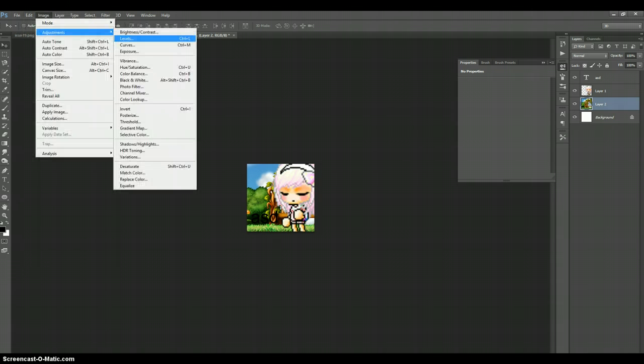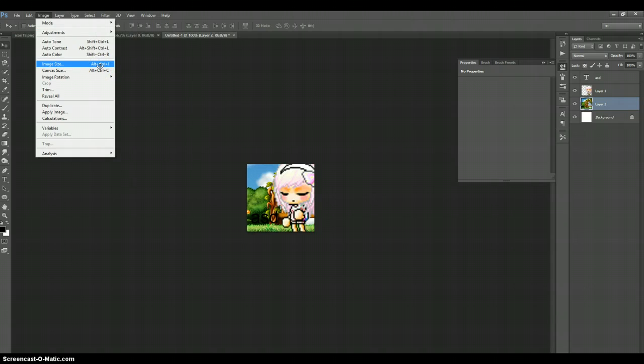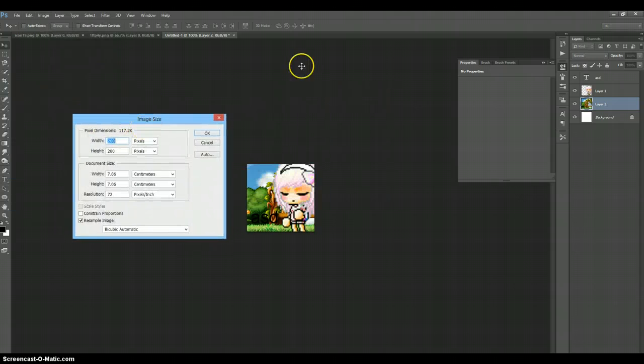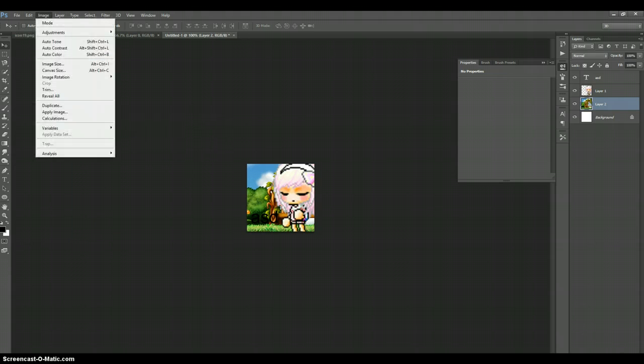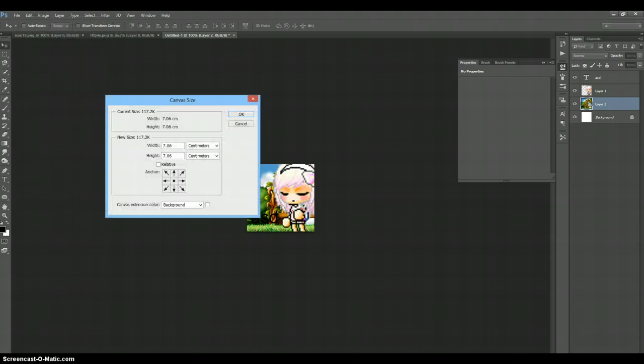Image adjustment. For your adjustment, you can add some kind of effects, increase the brightness or decrease, whatever. You just explore your own up here. Image size, you change the size of the image, the whole image, not just the canvas. So if you want it to be square, you have to constrain proportions. If not, you just uncheck it and you can type whatever height. It's not square. Okay. Canvas, to increase the canvas size,